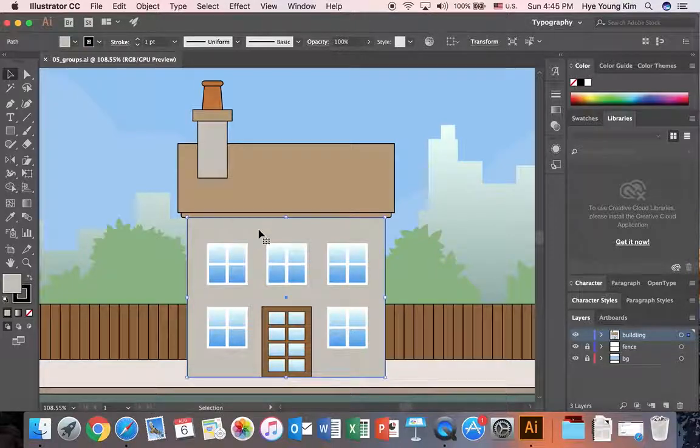So we want to use the group. What does grouping mean? Right now things move individually, but I want to move the chimney together, or the roof and the wall together, the windows together, and maybe eventually the house together. So you see, if I just move,